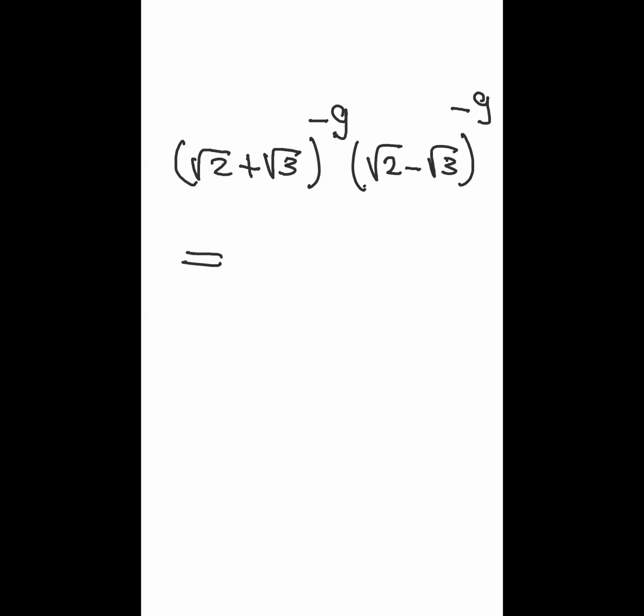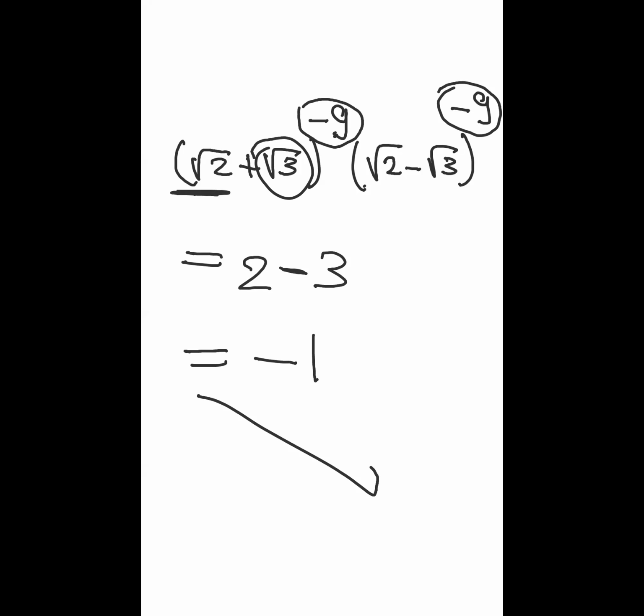The two numbers have the same power, right? So I don't care about the power right now. First term squared, 2, minus second term squared, 3, equals -1. That's it. That's correct 100%, because you know,